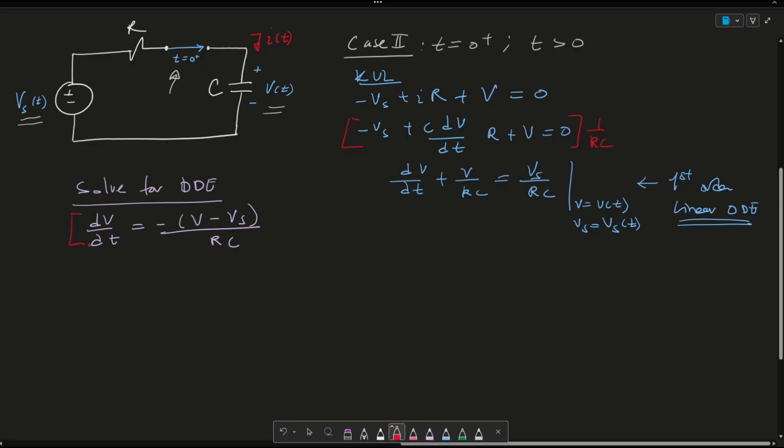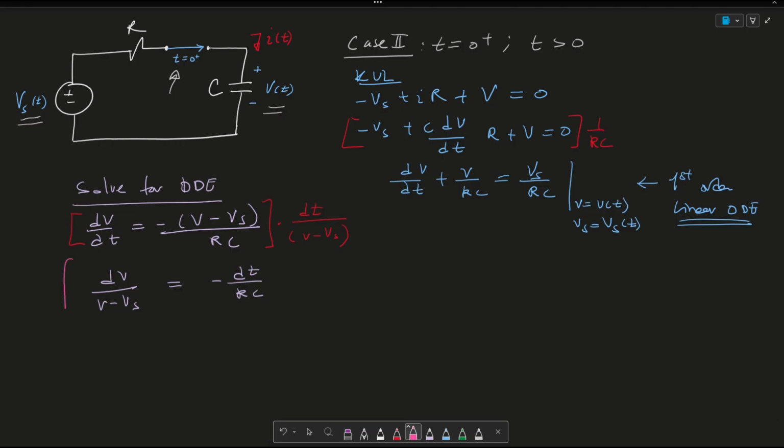It's going to look something like this. I'm going to multiply everything by dt over V minus Vs. So then what I get is